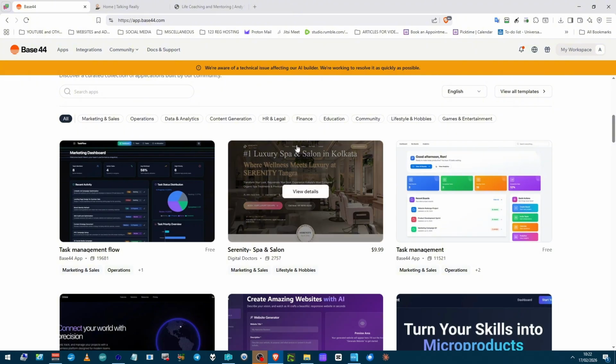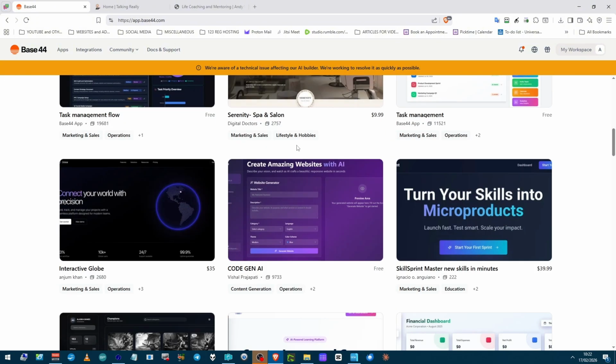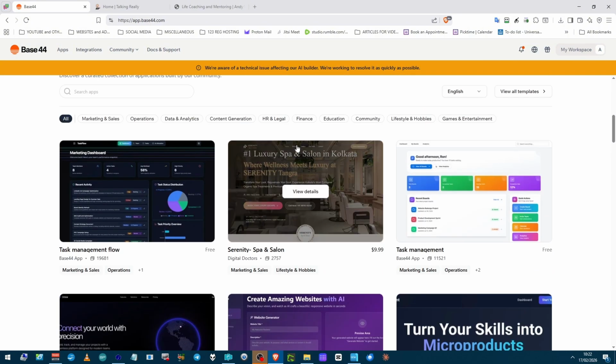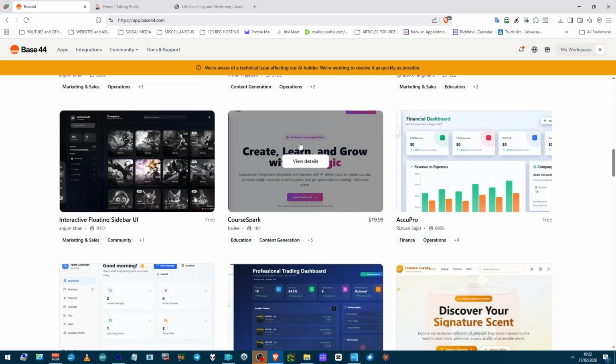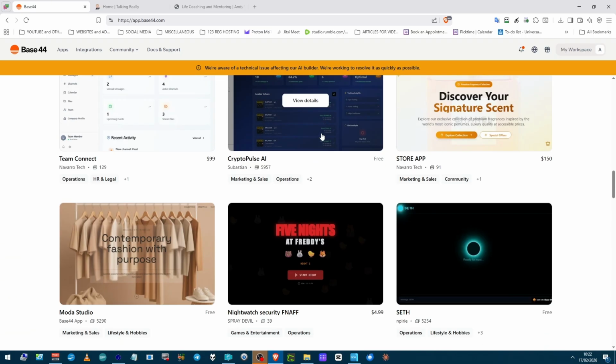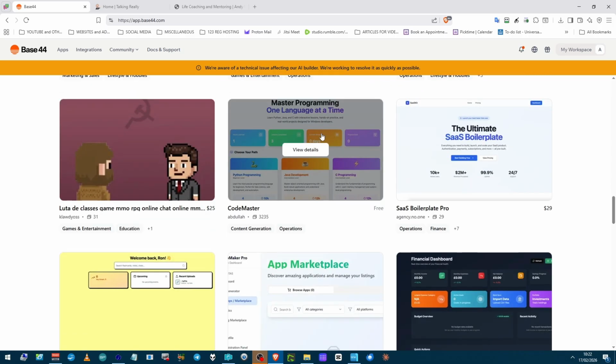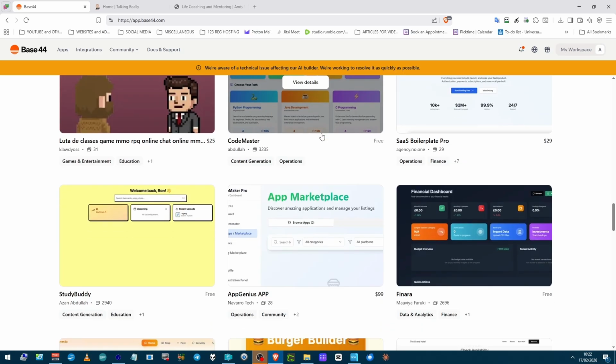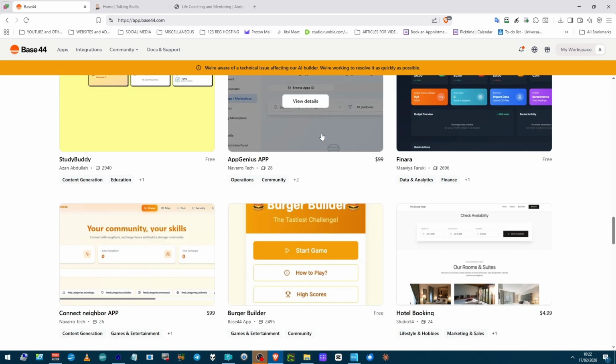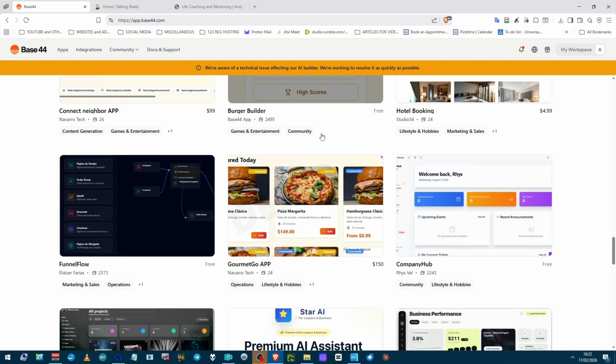But there are templates, so if you find one that you like, I don't know how many there are, but the point was I was trying to do a Patreon clone, because I want to be able to offer my members certain things.